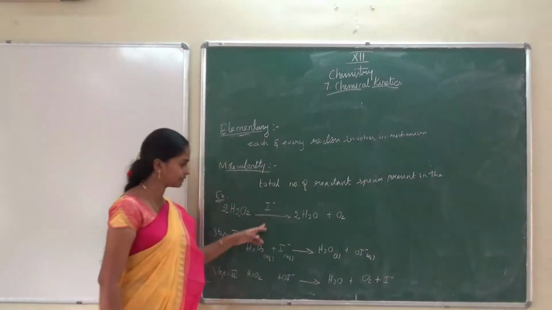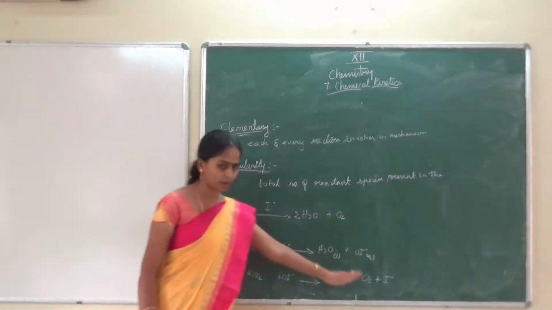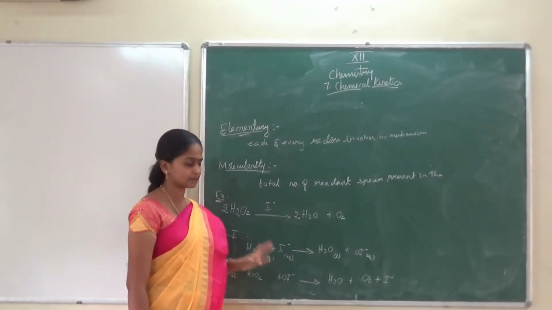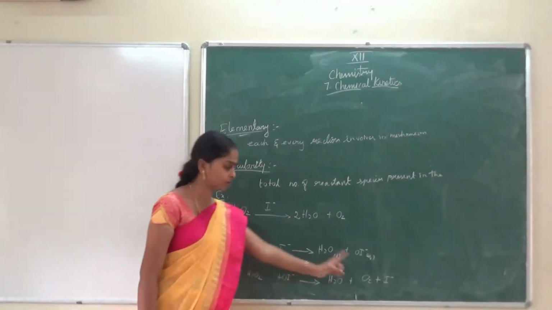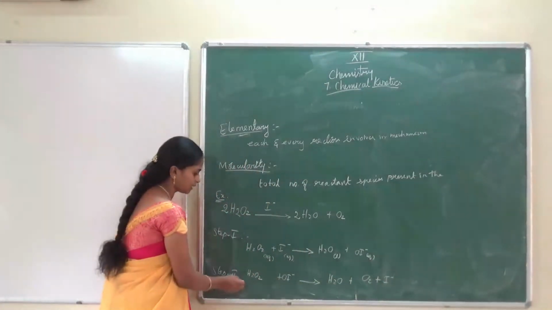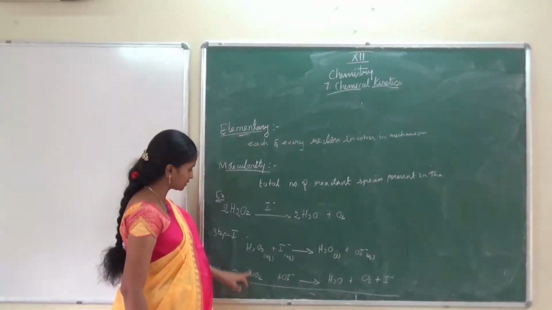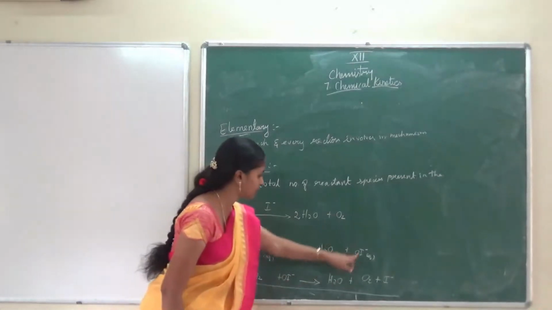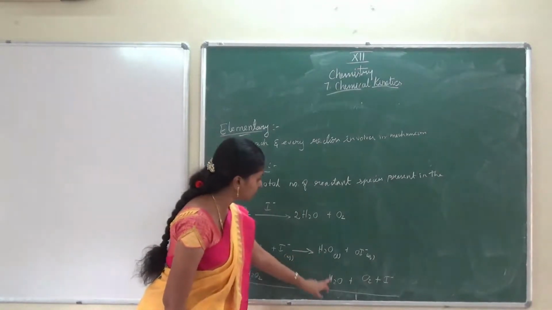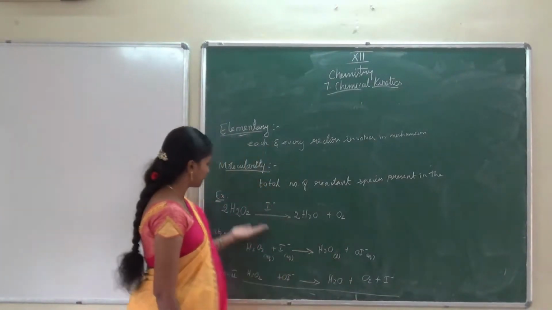Already I said how the catalyst comes into the reaction. The way it comes in the first step, in the same way it goes out, without changing concentration or anything. It is not affected in its physical nature. As it comes, it goes outside. So you notice the I minus is going out as usual. When you write the overall reaction for these two reactions, we get one H2O here and one H2O there, so 2 H2O. OI minus is cancelled, I minus is the catalyst, and then one O2. So we get the overall reaction.